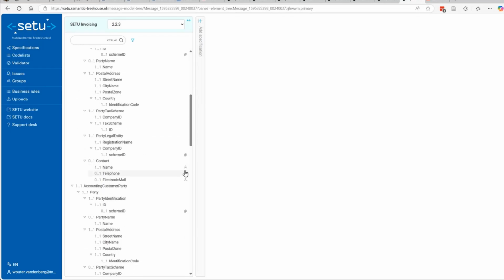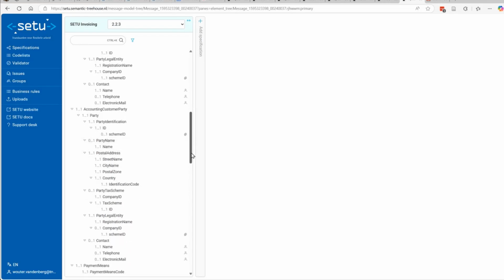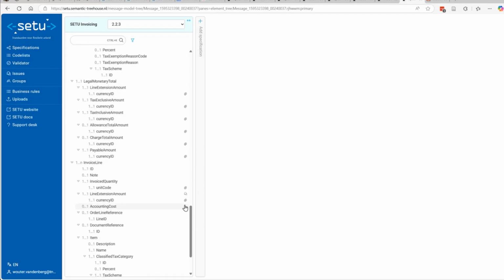And what we also see is that there are some interesting tags here. In particular this one, that of a person, symbolizes that watch out, this might be personal data in the scope of GDPR, right? So that's one of the flags that we've used here. I don't want to go into the content too much, but if we scroll down further, we'll see another interesting